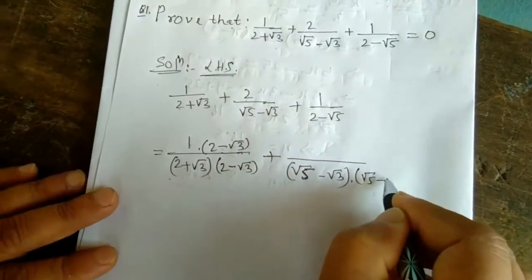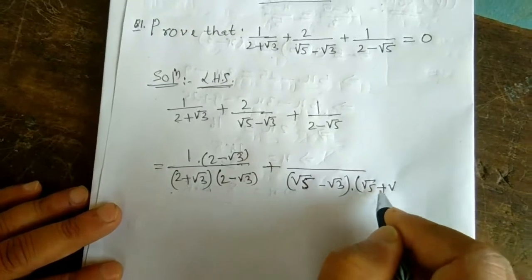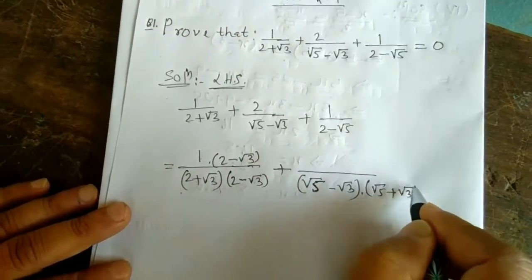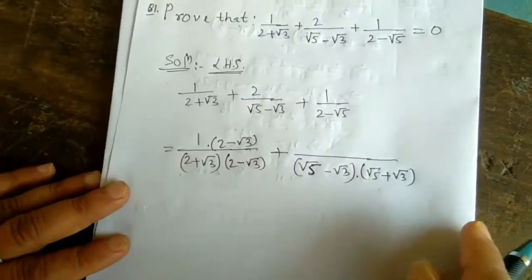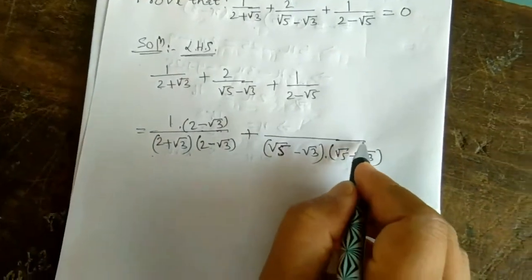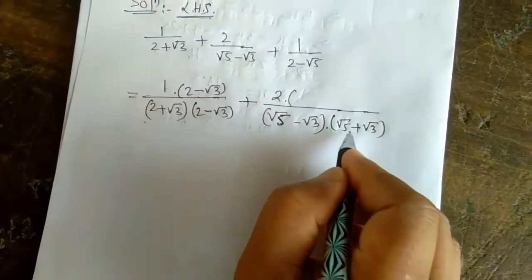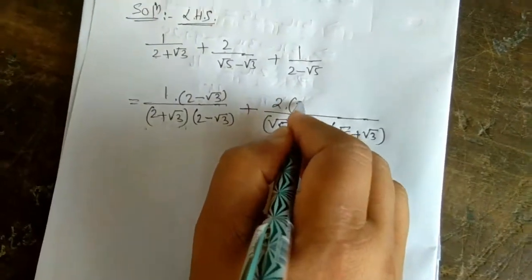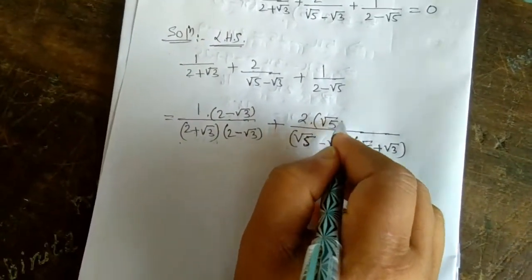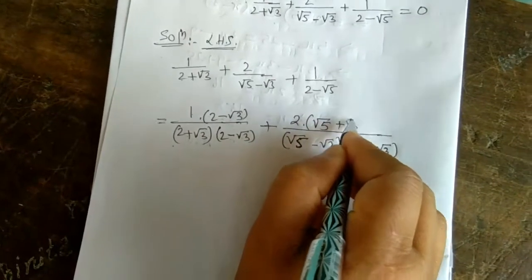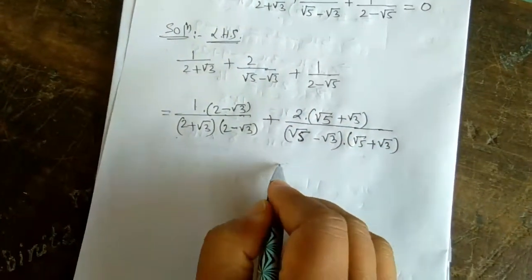Here a means root 5, b means root 3. Okay, as you multiplied denominator by root 5 plus root 3, numerator also to multiply by the same number. Okay, plus